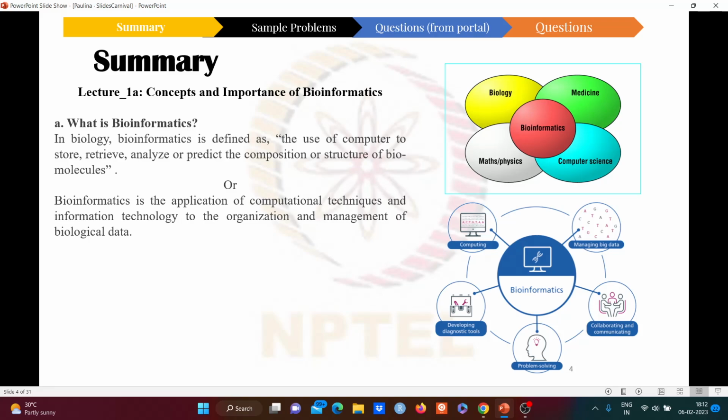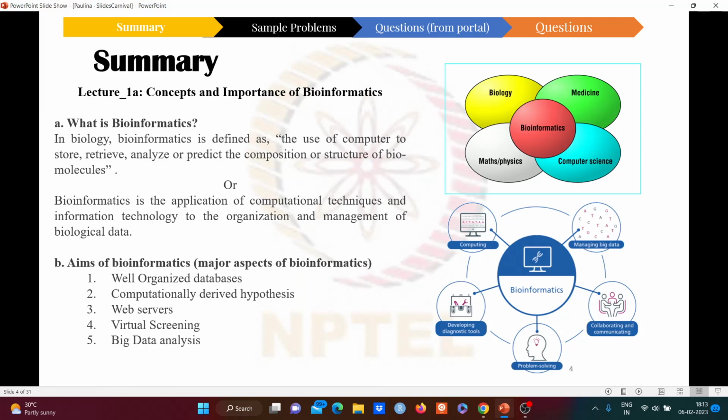Bioinformatics also tries to understand the organizational principles within the nucleic acid and protein sequences. This is the major concept that will be in our discussion today. So coming to the aims of bioinformatics, the major aim is development of databases containing all biological information,